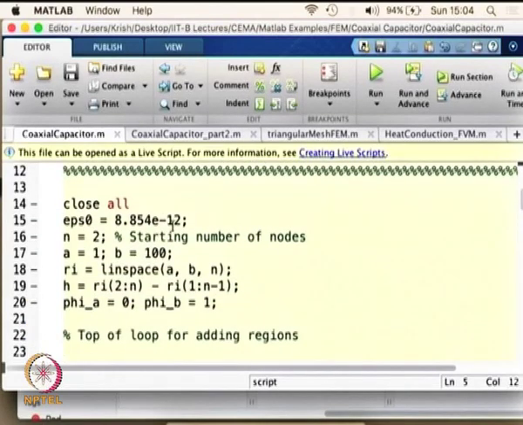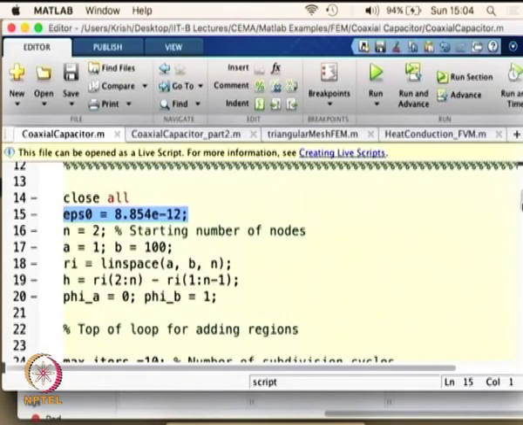So, we will do this problem for the coaxial capacitor. We have to set certain parameters. Epsilon naught is set to 8.854 times 10 power minus 12. The number of nodes we are starting with is 2. The distances are such that A equal to 1 and B equal to 100, so B is 100 times that of A. It is a very big outer circle and a very small inner conductor, and the potential phi A is set to 0 and phi B is set to 1,